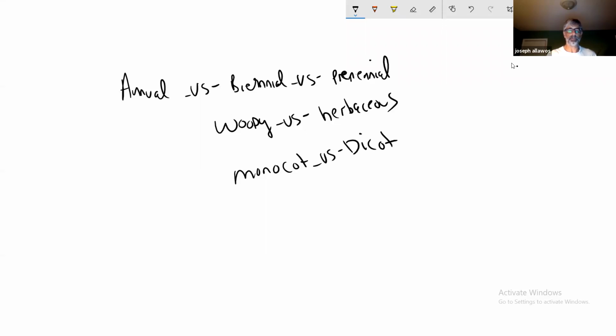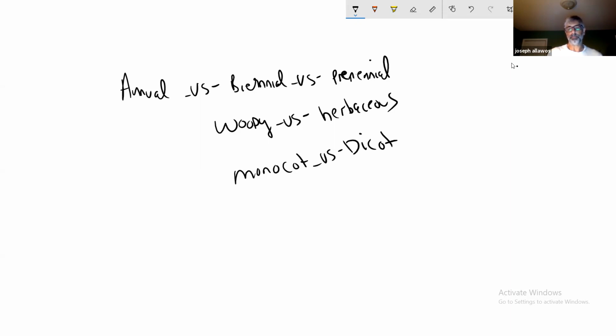These are all different sort of artificial ways to group plants. And we were in the process of talking about monocots and dicots, I think. We also said you can put these words together, like herbaceous perennial dicot would be a good example of something